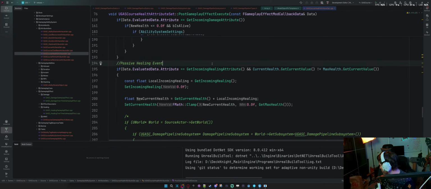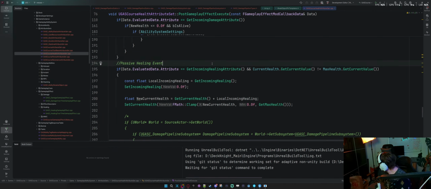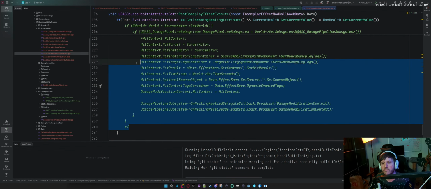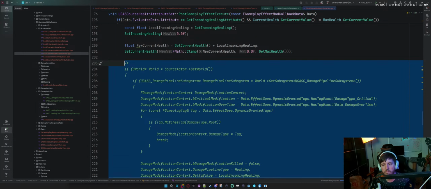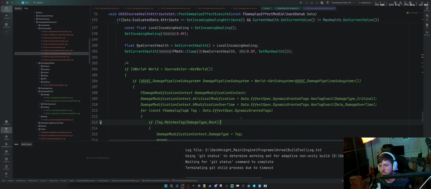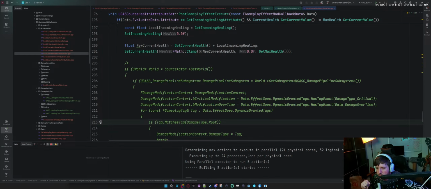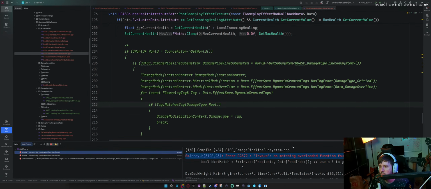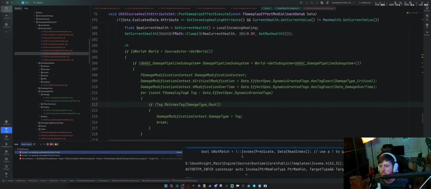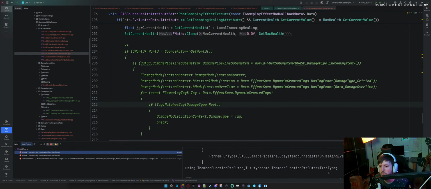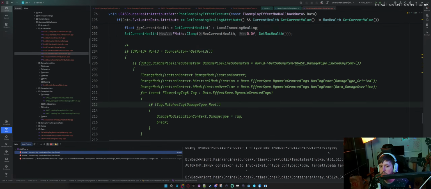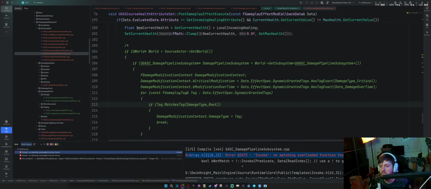Just confirm if this will compile or not. Still, now it's complaining in damage pipeline.